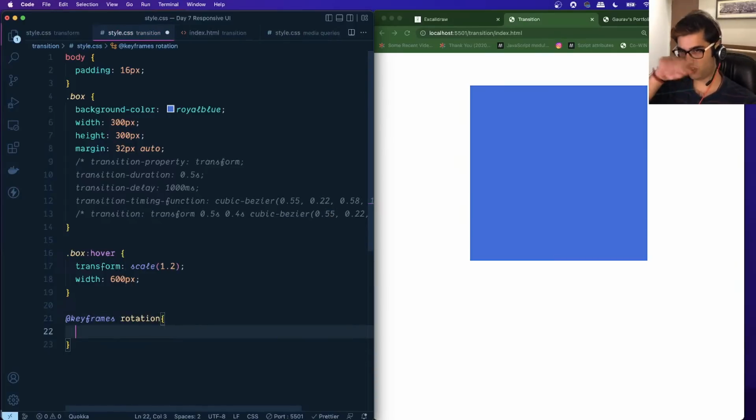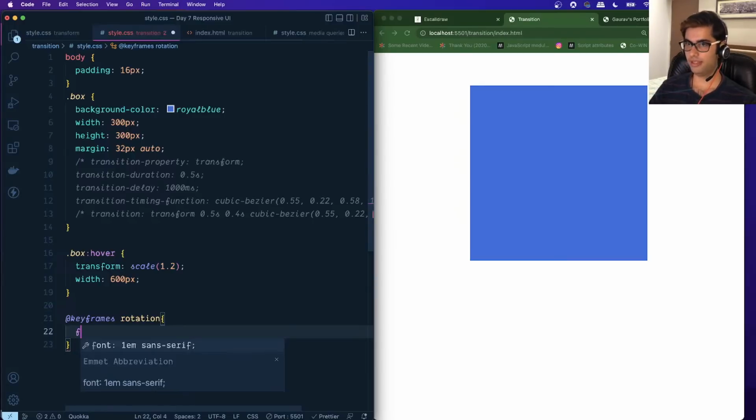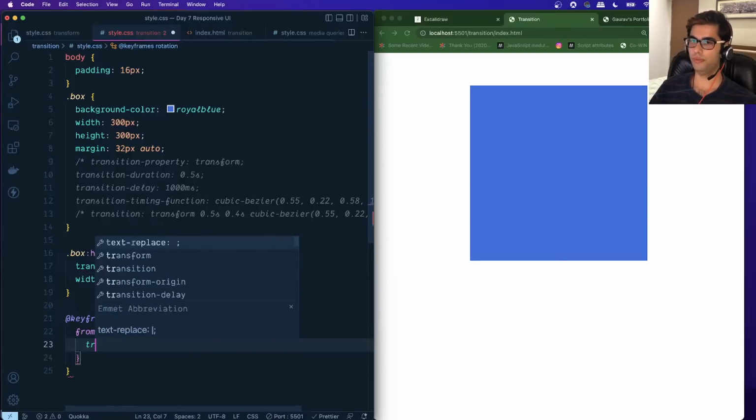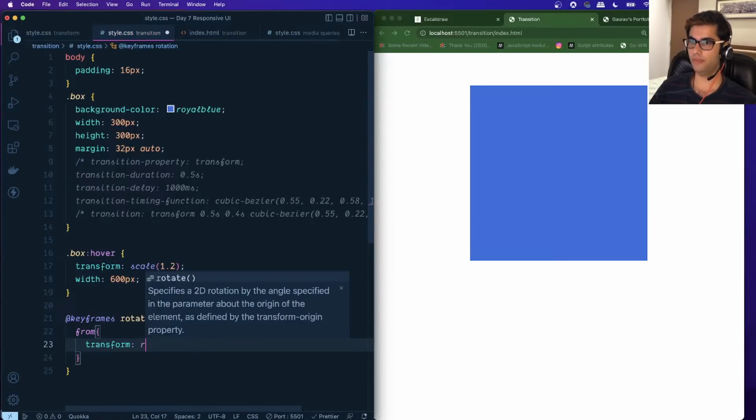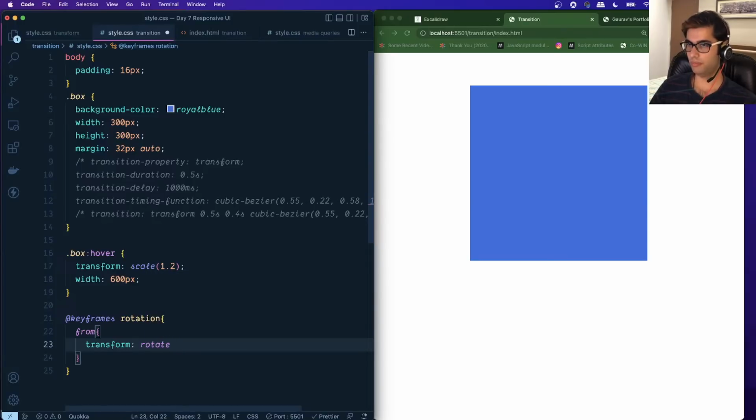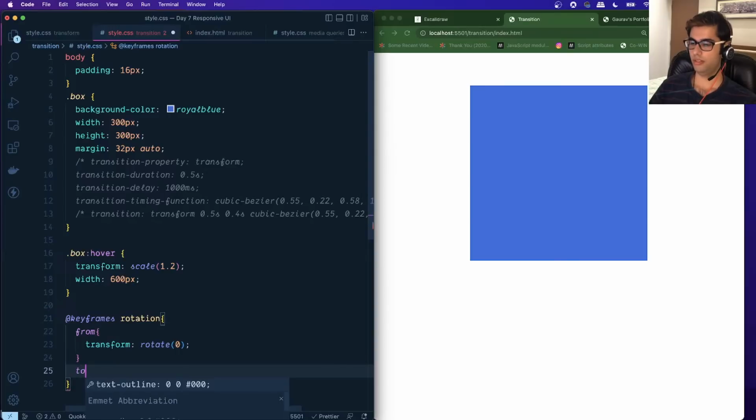We'll rotate this box, and from, this is the starting point. So we want to make use of the transform, and we want to rotate this box from 0 to,